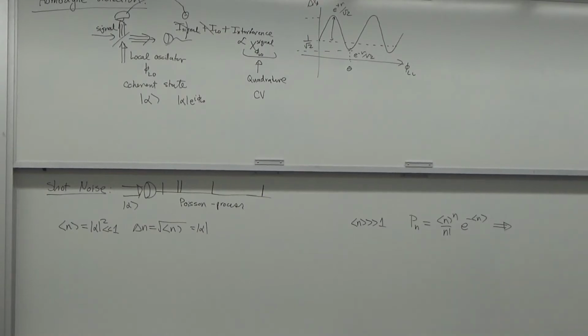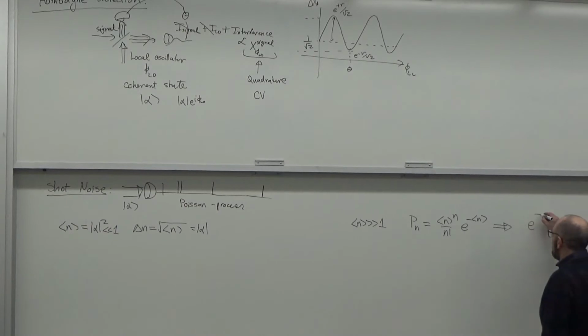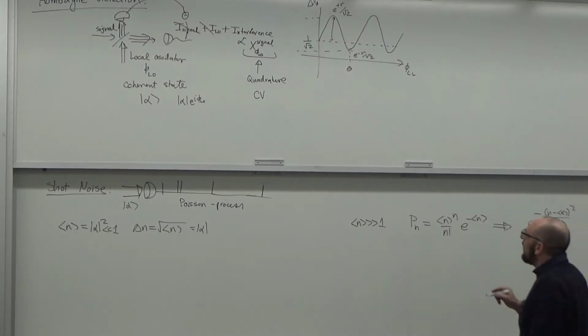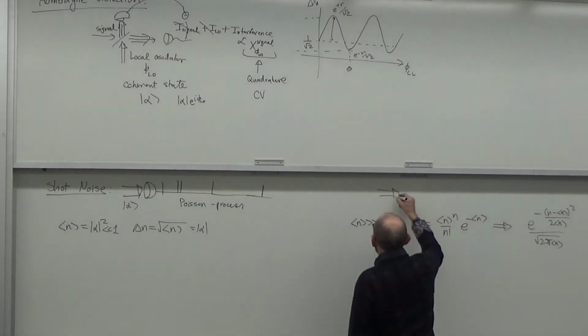So, what is that Gaussian going to look like? Well, it's going to have some mean and then some fluctuations, right? And those fluctuations are delta n squared, which in this case is n, something like that. Actually, exactly that. Right? And so what I would see on the detector in that case,